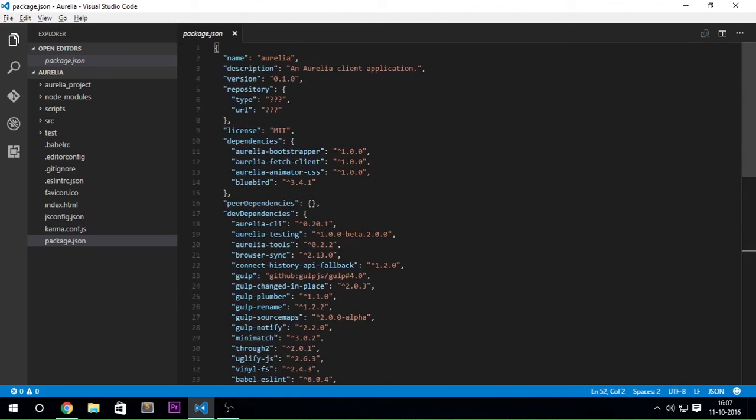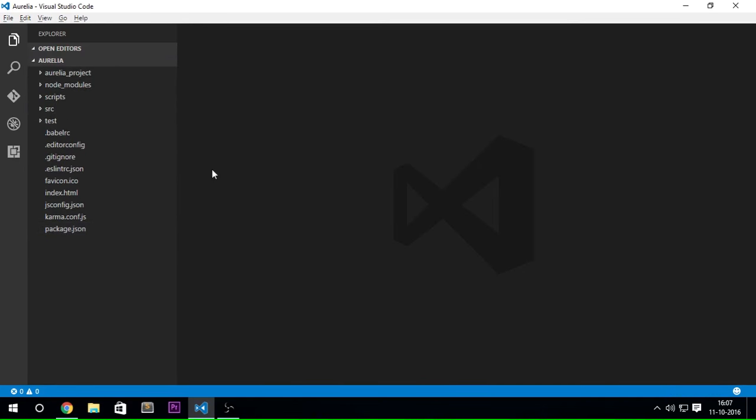The next thing is the folders. Now as you can see, there are 5 different folders in here. 1, 2, 3, 4, 5. I was just checking if I was right. So what exactly are they? The first